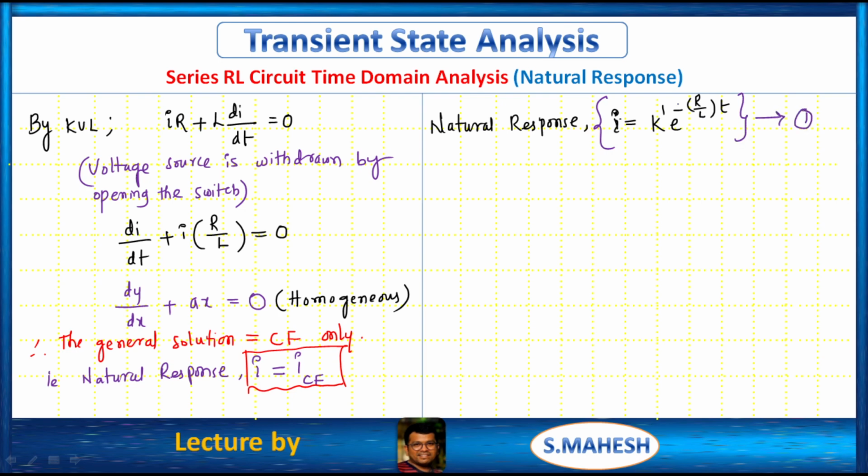We all know that when the switch is closed, the circuit reaches steady state. When it is steady state, the steady state current is V by R. But when the switch is opened instantaneously, we all know that an inductor does not allow sudden change in current. Therefore, the final value of that case equals the initial value of this case, that is I equals V by R. We already discussed this point in the initial and final conditions lecture, right? We have to write that point.